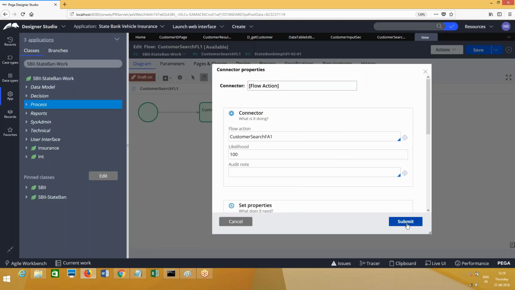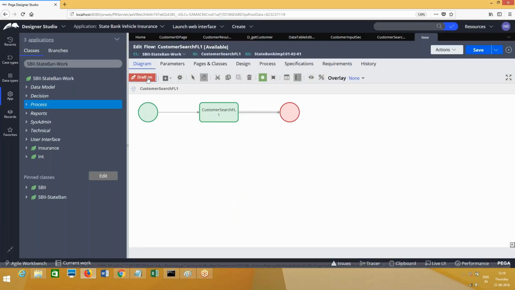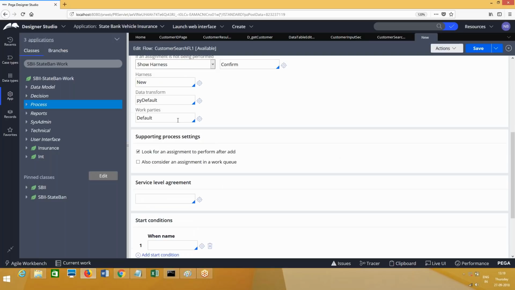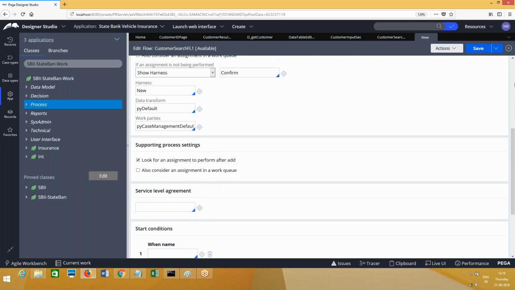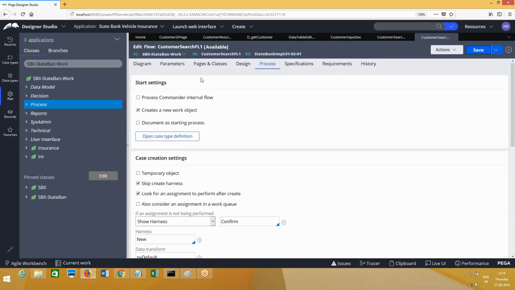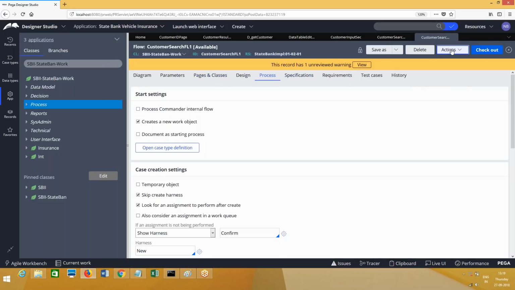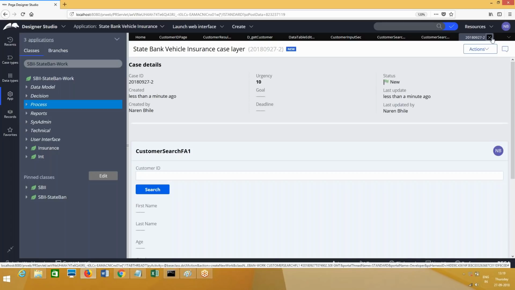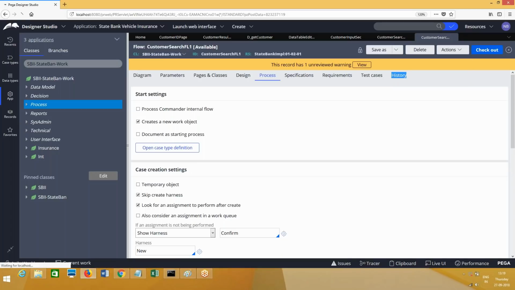This is my flow action. So now if I run the flow, let me log out and log in back once to make sure everything is fine.